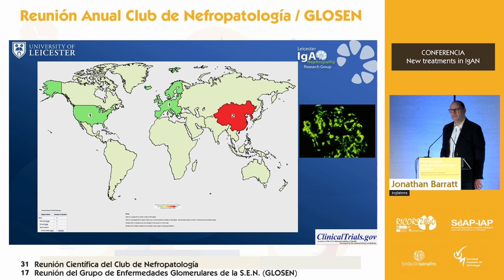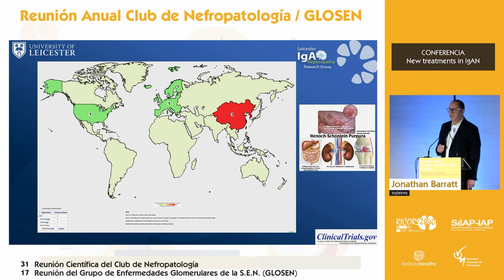These are the number of trials for the pediatricians in the room in children. This is a disaster area for new therapies in terms of children. We've got one study, and that's complete, that's almost full, that's finished. 2 studies in China. These are the number of studies in IgA vasculitis. It's the same study.